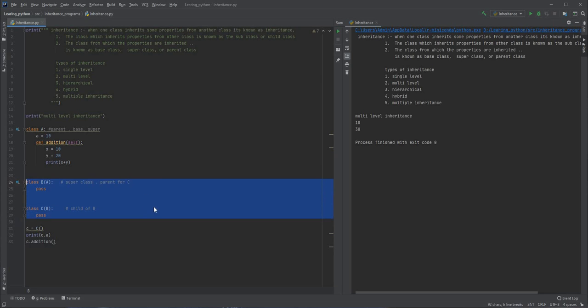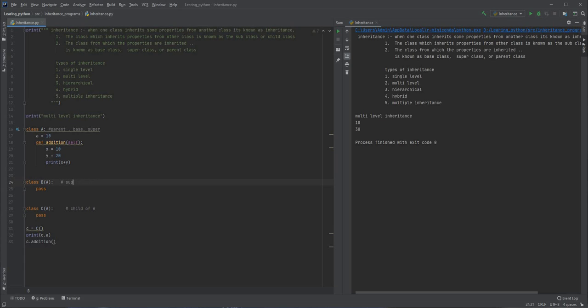Here I have class B and class C. Class B is inheriting from class A, and class C also inherits from the same parent A. See here, multiple classes are inheriting from class A. So the parent for class B is A, and the parent for C is also A.